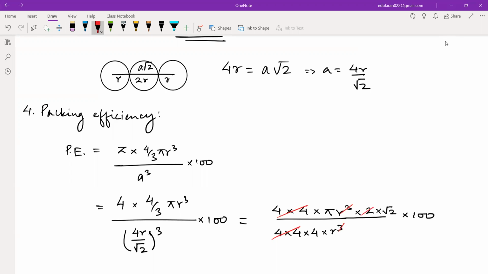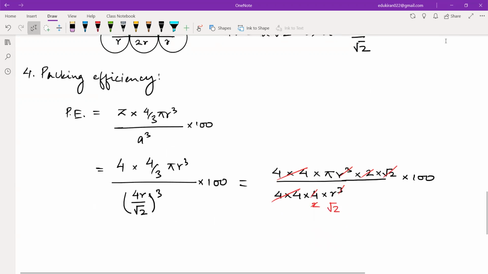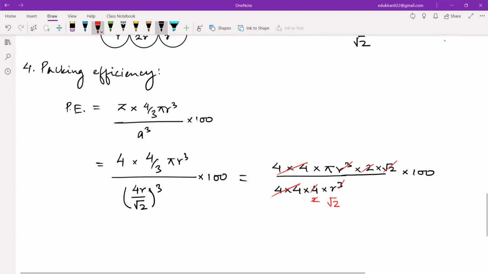Then I can eliminate this 2 and this 4 by 2, and then again this root 2 by this 2 be root 2. So I will get pi divided by root 2 into 100. Yes, I think you have done it correctly. There is some slight mistake due to approximation of the values of root 2 and pi. So actually, if you solve this,